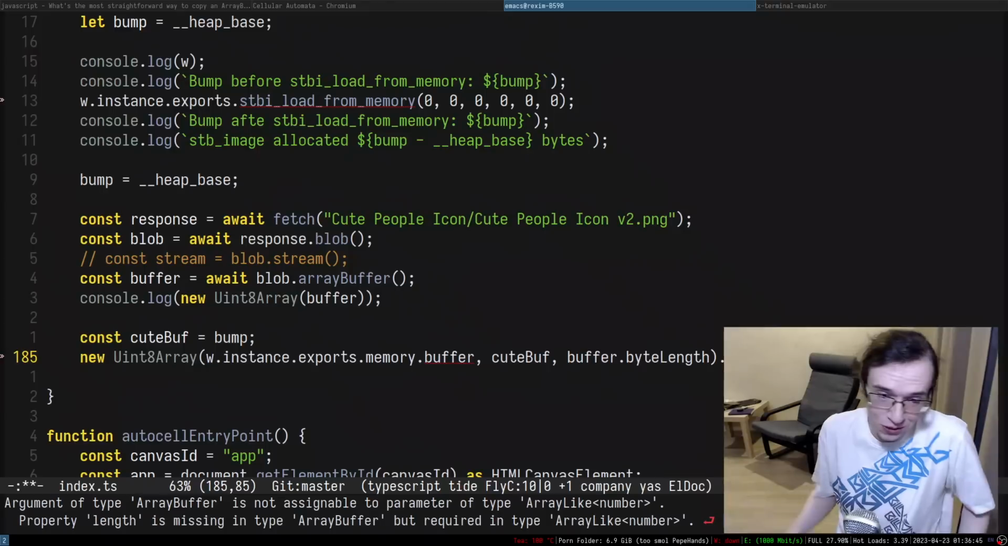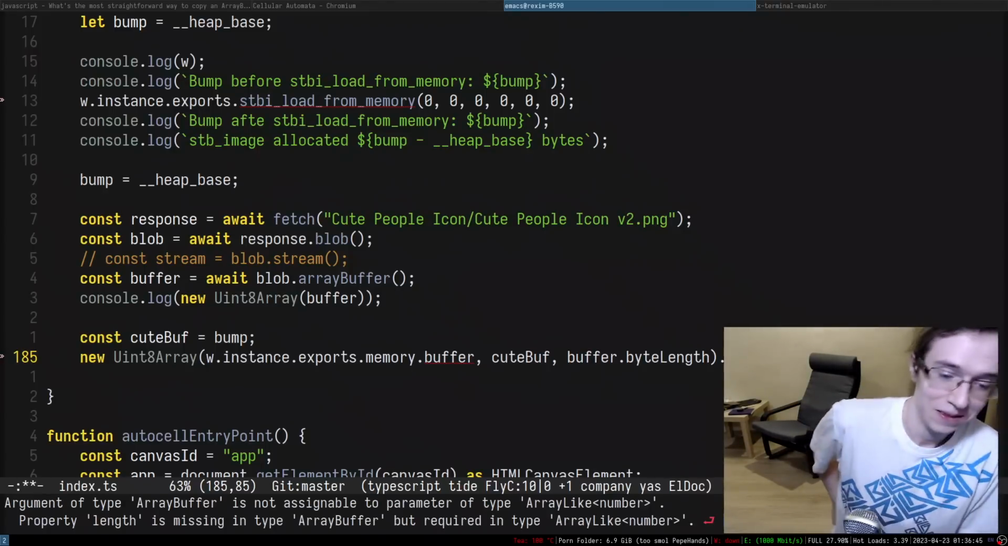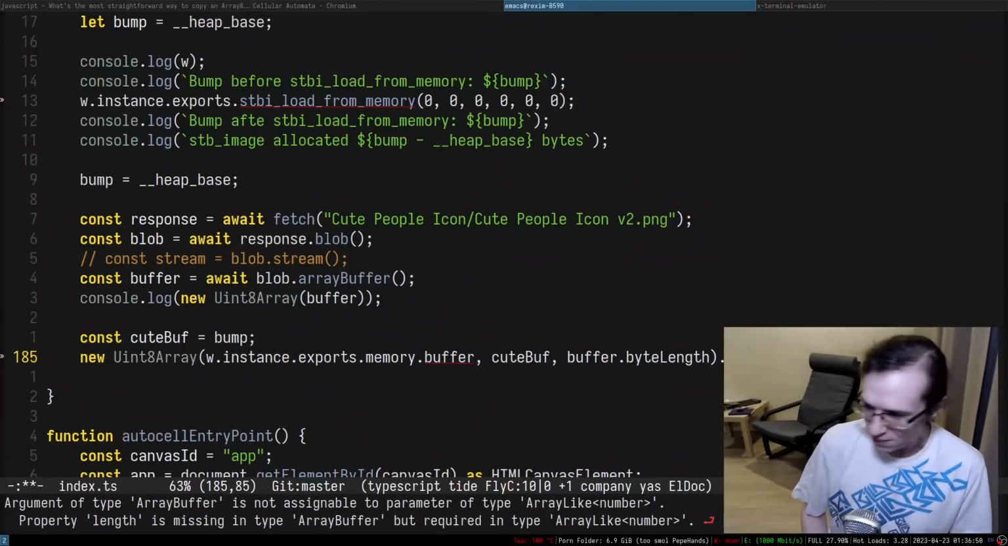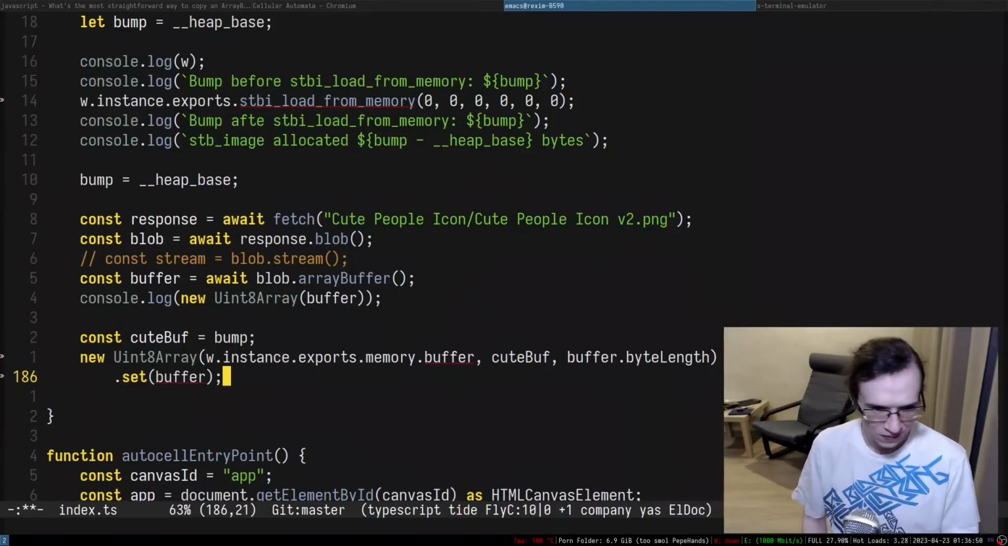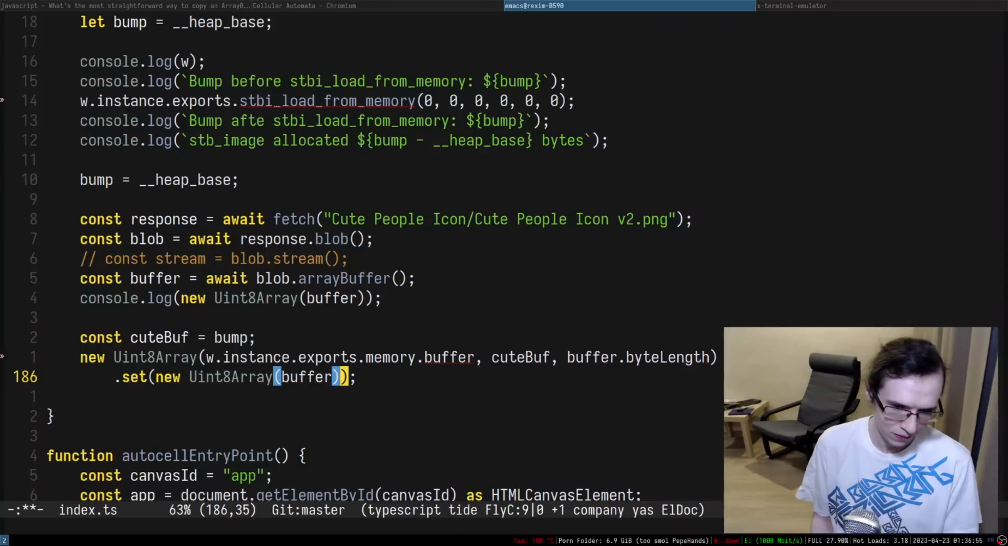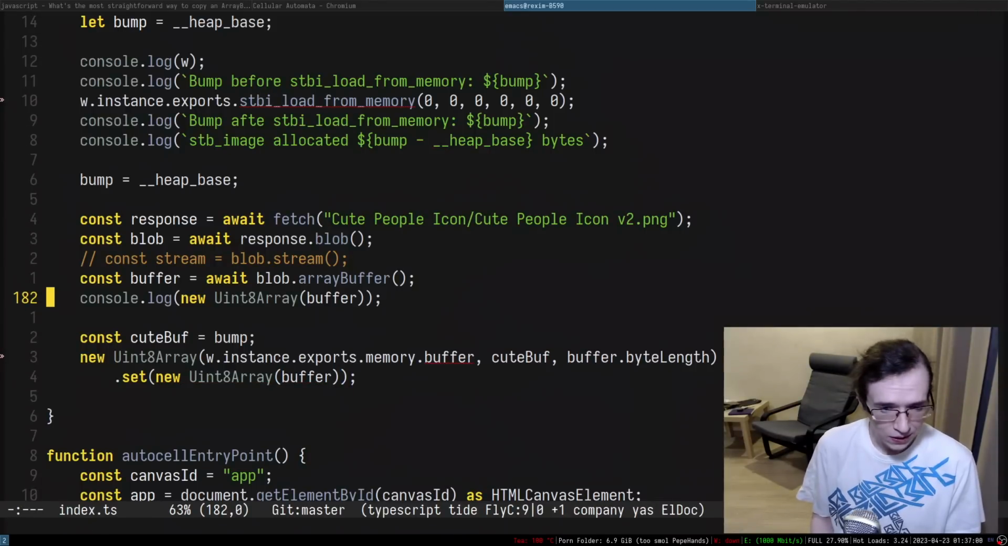Doesn't look like an array to me. I don't know. Anyway. So I mean, if I just do something like this, it seems to work. Okay. Anyway,